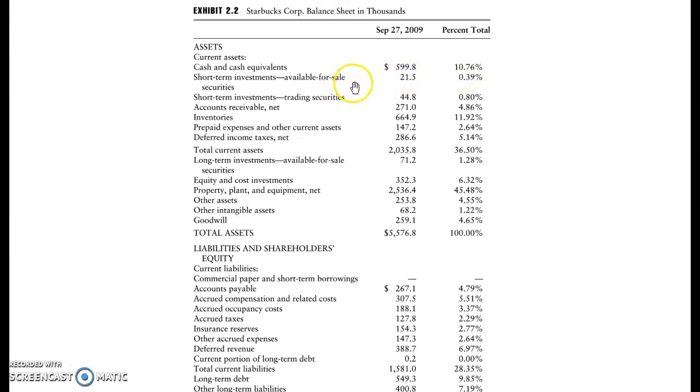Short-term investments available for sale, take that 21.5 divided by 5576.8, and that would give us less than 0.5%, 0.39%. And we would do that with all these line items, and bottom line is these percentages then will equal 100% of total assets. This just shows how the company has their assets allocated